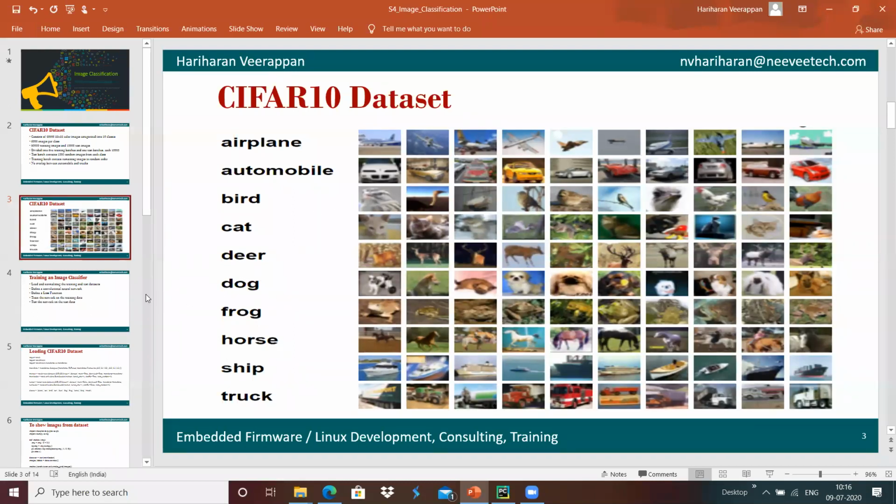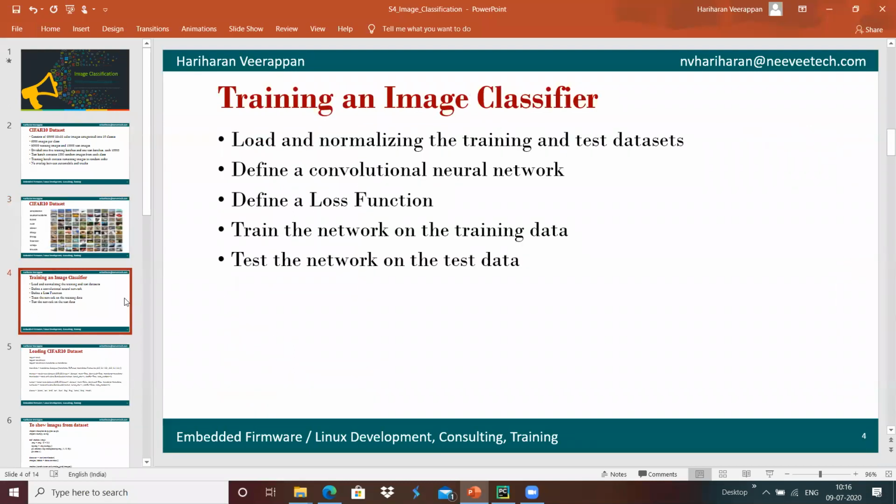Basically, for the image classifier, the first procedure is that we will load the training and test data set, and we will define a neural network as we did.